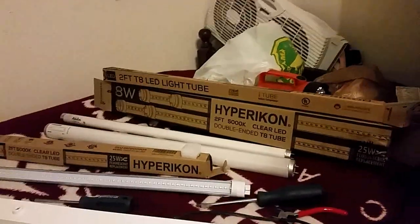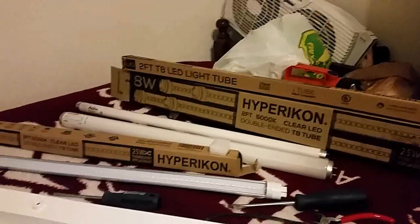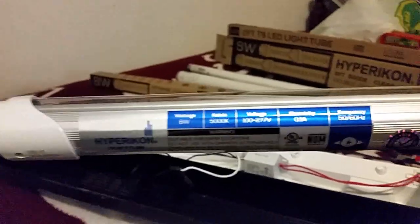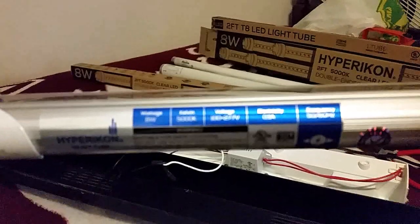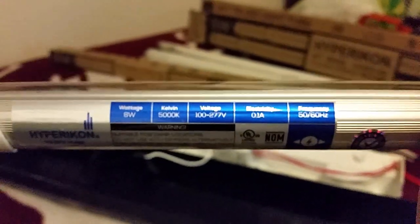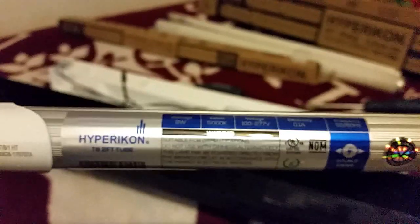I ordered some LED 2-foot replacement bulbs for my normal fish tanks. There's the old bulbs. There's a new LED bulb. If I can get it to focus here. Here we go. 8 watts at 5,000 K. Pretty good bulb. Anyway, 8 watts instead of the normal